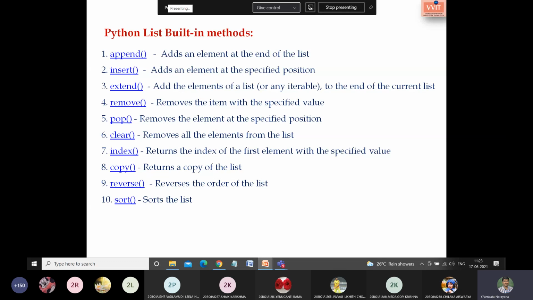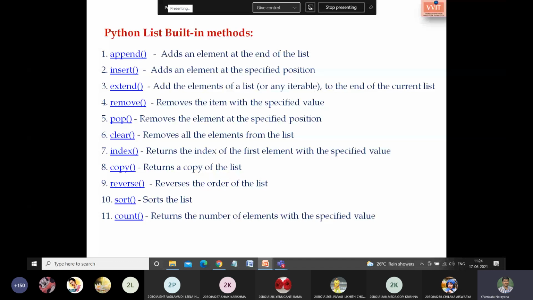And we have another method called count, which is used to count the number of elements present with the specified value. For example, if you want to know how many times some x value is present in the list, in that case we can use the count method. So these are the 11 built-in functions we have.